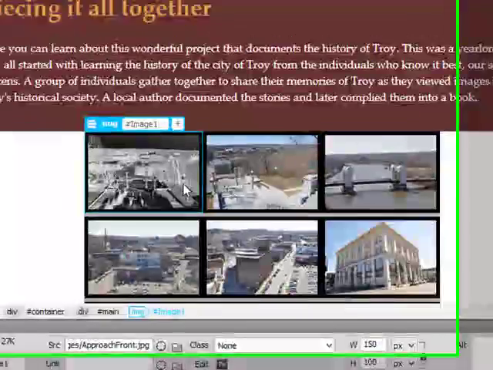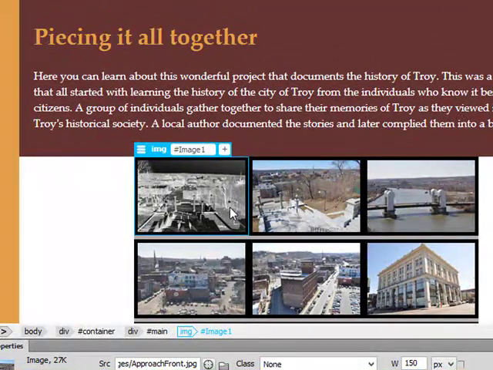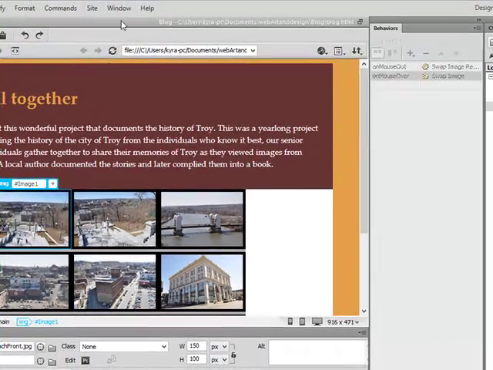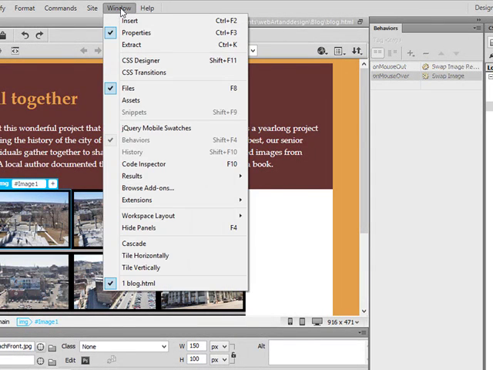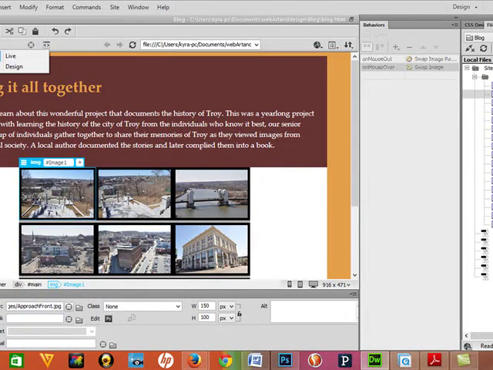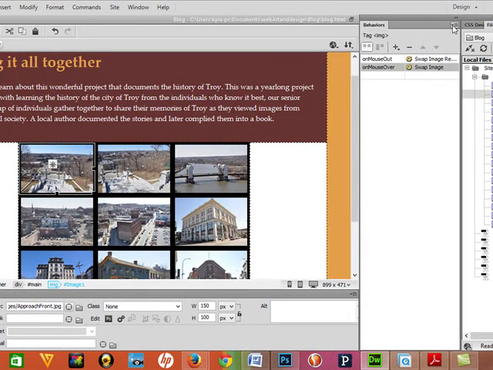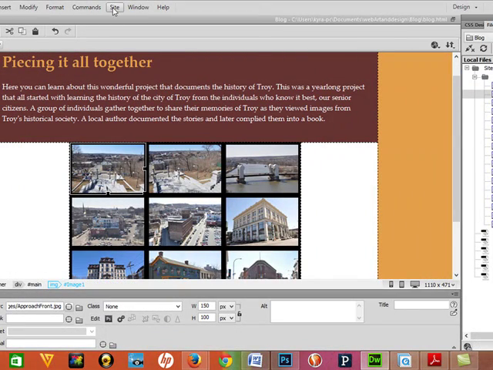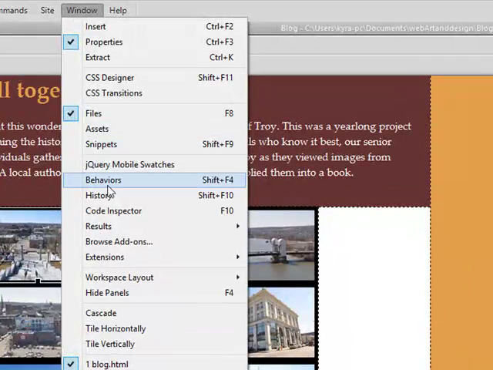Well, as I already mentioned, the first step is open up your images in Photoshop and add some kind of effect to the image so that it looks slightly different, and then save it in the same location. Then we need to have our behaviors panel, which you probably don't have open. So I'll go through those steps and I'll uncheck my behaviors panel. Sorry, I need to get out of live view to be able to edit. And I'm going to close my behaviors panel so we don't have that. So if we go to Window and choose Behaviors,